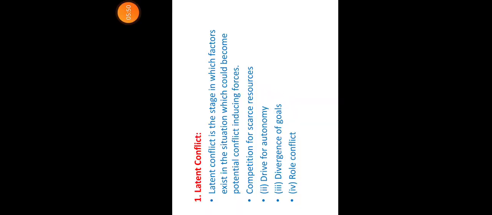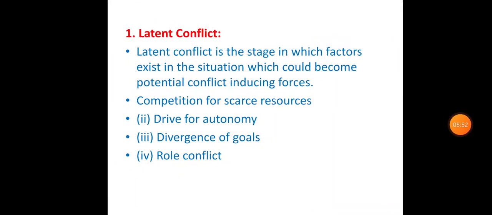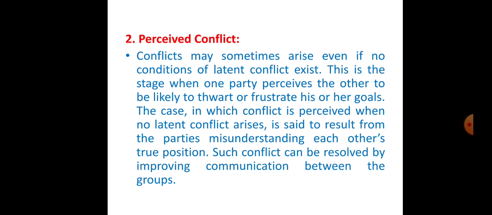Sometimes we will have ambiguity based on the different conditions prevailing around us, or ambiguity with respect to the roles we have to perform, or ambiguity with reference to goals. So when you are in such a dilemma phase, you will have conflict about what to do, what not to do, how to do, and that stage we call the latent stage.